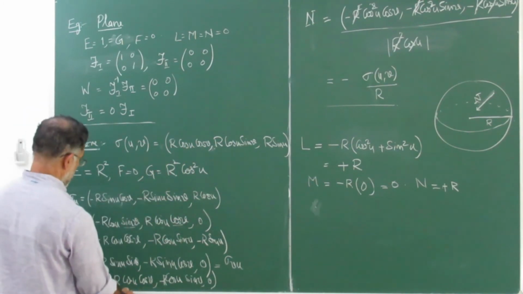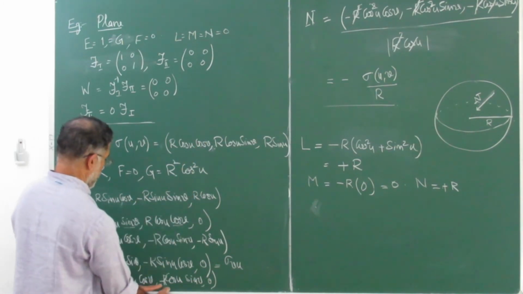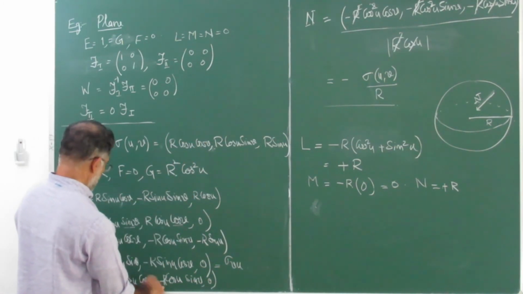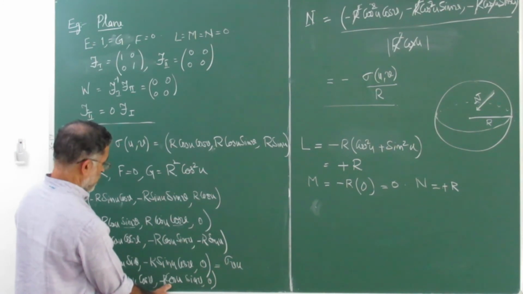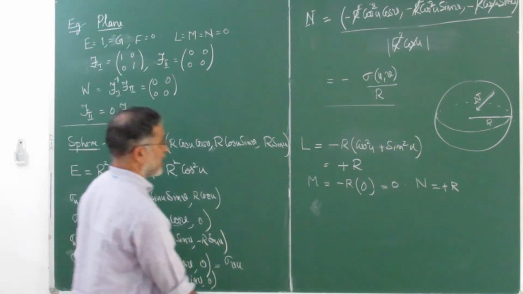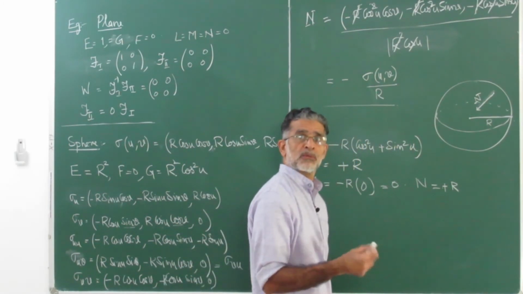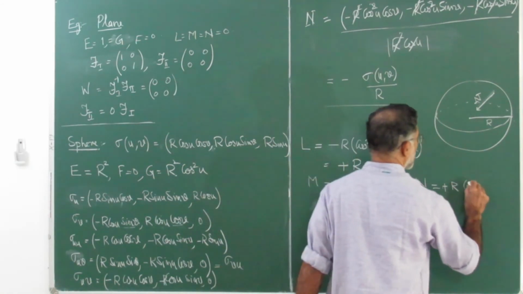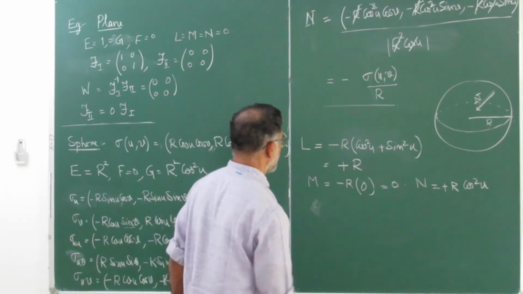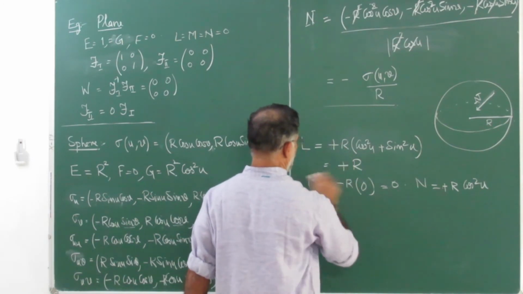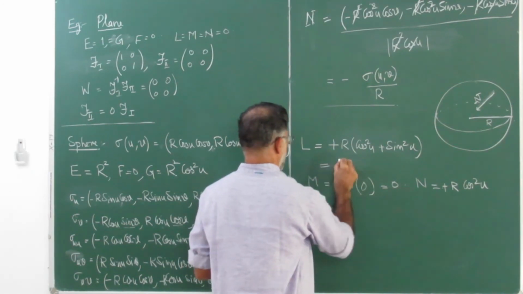There is no r here. So this will be cos square u cos square v. And here the signs are same. So that minus plus r will remain there. Cos square u sin square v. So you are getting r cos square u cos square v plus cos square u sin square v. So cos square v plus sin square v becomes 1. So this is cos square u. So you are getting r cos square u here. And this is, of course, plus we have noticed. I rewrote this here. This is equal to r plus r.